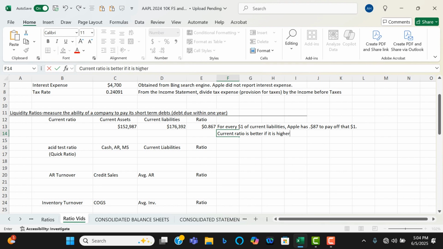That's the first generalization. Generalizations aren't always true, but generally speaking, you want this ratio to be as high as possible because you want a company to have as much ability to pay off short-term liabilities as possible, and a current ratio should be at least 1. But in this case,